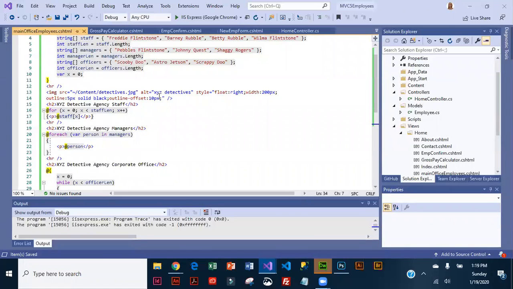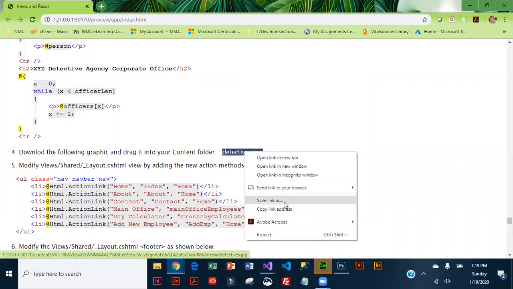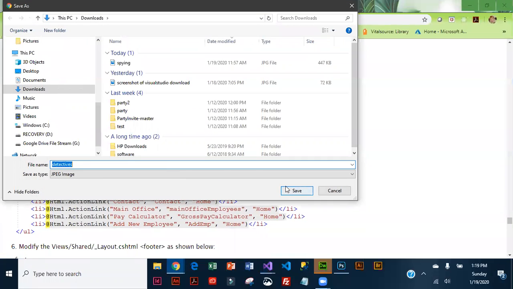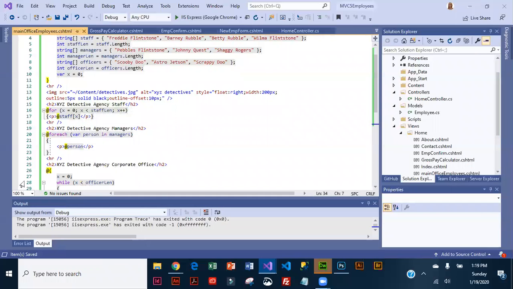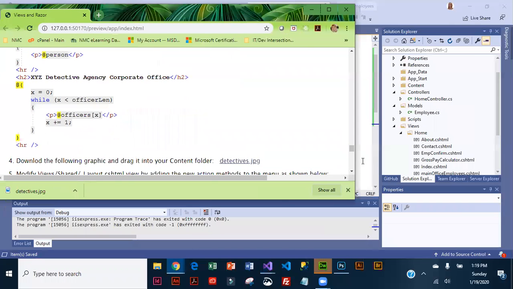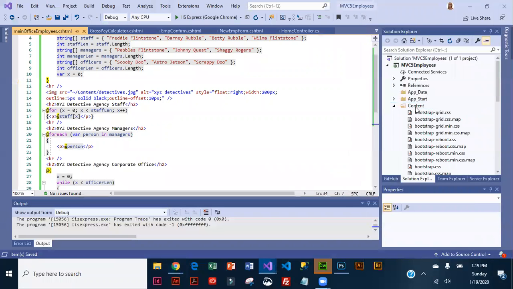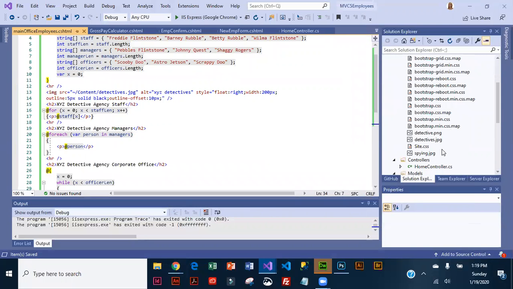Then you'll notice that I do have a graphic, so we are going to have to download that. Might as well do that now. So I'm going to right click, save link as. And here it is. I need to put that in content. There it is. Okay, and